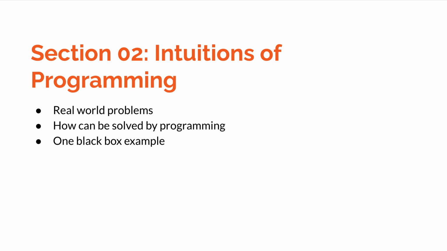and the programming world, and how to interconnect the two worlds. We will take up a black box example where we will describe a problem and solve it using a hypothetical magical Python program. We will not do any real work. We will simply imagine and discuss the properties and powers that the program must have in order to solve this problem. Please note that there is no programming till this section. So if you are here for just the Python course, please feel free to jump to section 3.